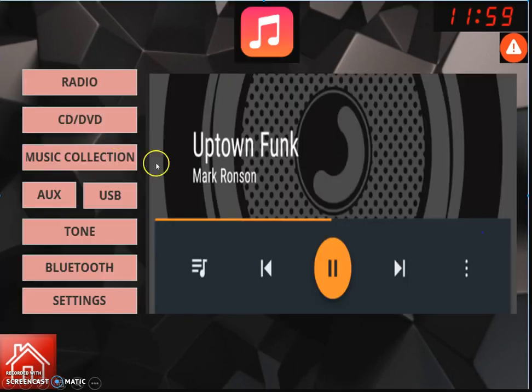On the next page, he'll be taken to music, just the basic music option, very user friendly. When you see here, all the data related to music is on the left side, which will be the right side to the user driver, so that he can directly access the data and play the music, and obviously navigate back to the home screen.